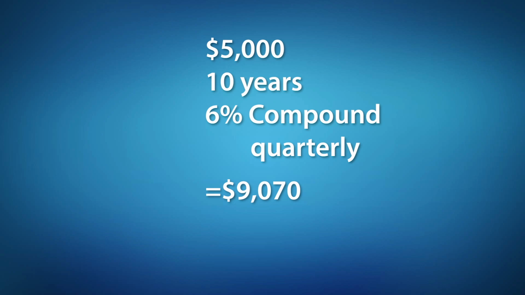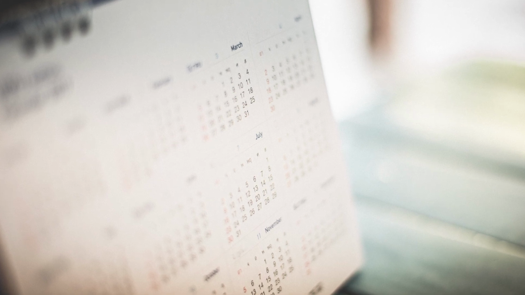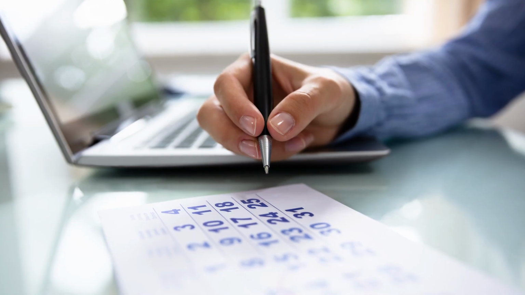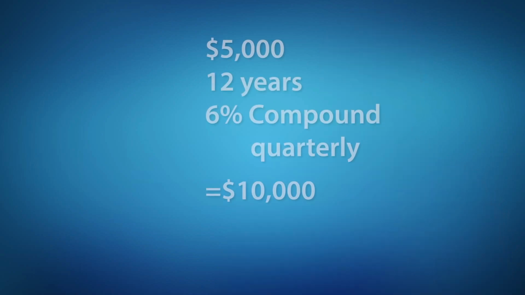What does this mean? It means that instead of interest being credited once a year, interest will be credited on the accumulated balance every quarter, making the amount earned every 3 months slightly higher. The frequency of compounding, daily, monthly, quarterly, or annually, can make a big difference. In this example, the accumulated value in 2 more years will reach $10,000. This is more than double the original amount. Any subsequent growth continues to benefit from earning on top of the old earnings,